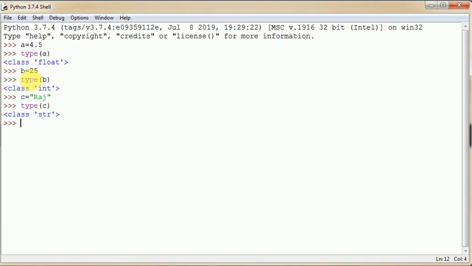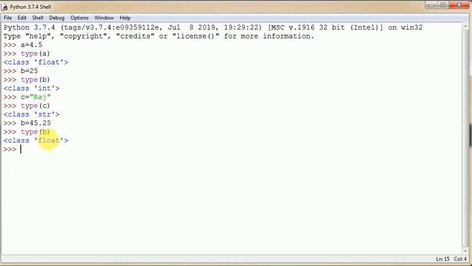A variable stores a value, and suppose you assign b equal to 25, and after that you assign b is equal to 45.25. Now see what the type of b is, that's float. In the previous statement you assigned b is equal to 25, and the type was int, and when you assign b equal to 45.25, it first erases the previous value and stores the new value.